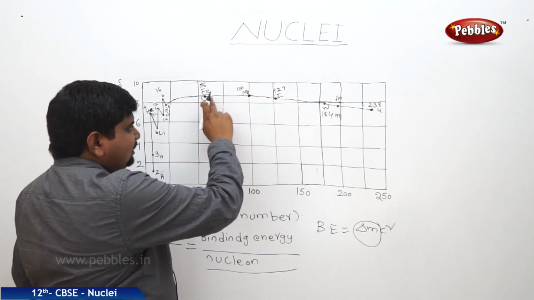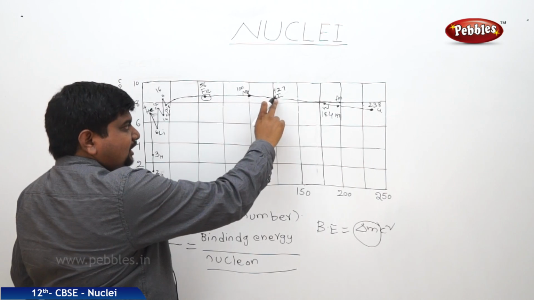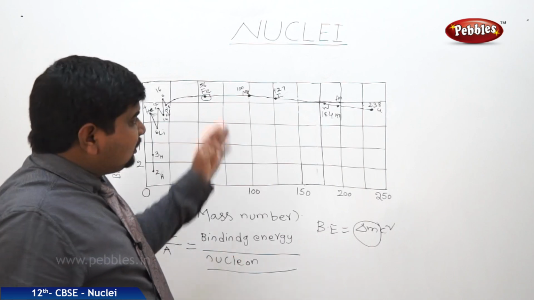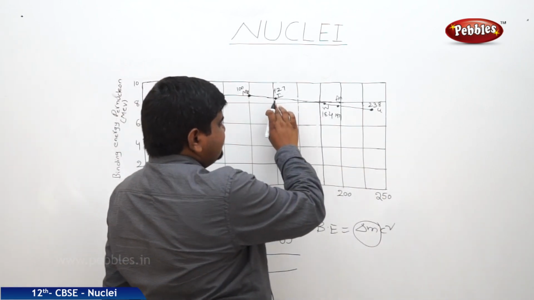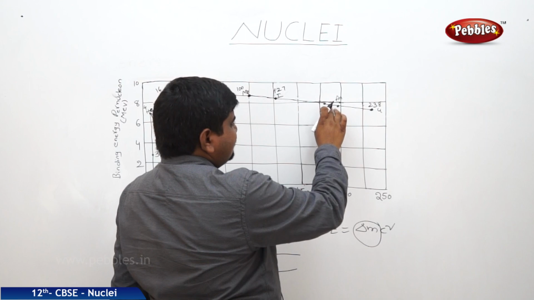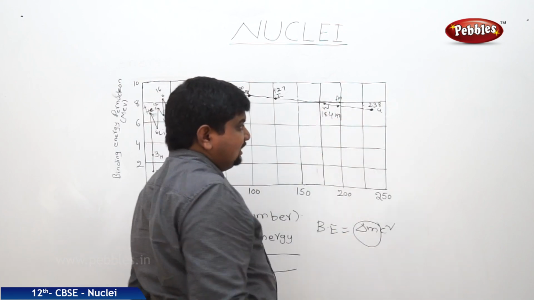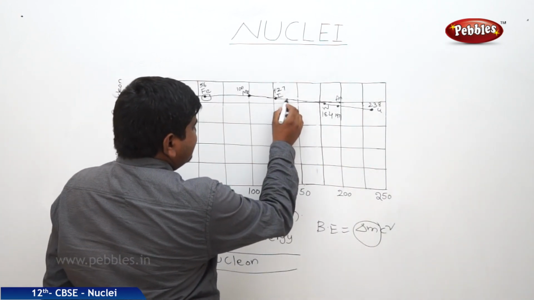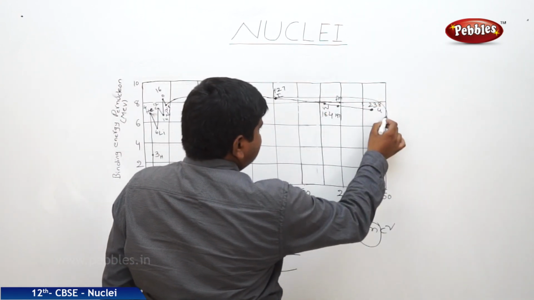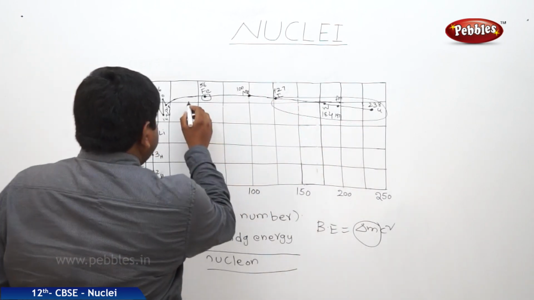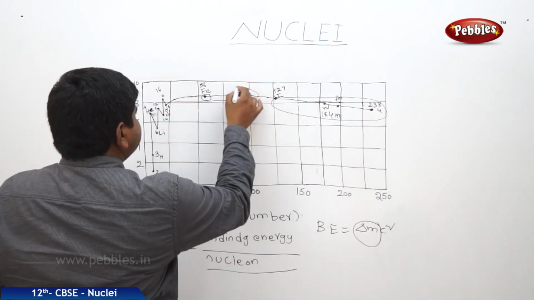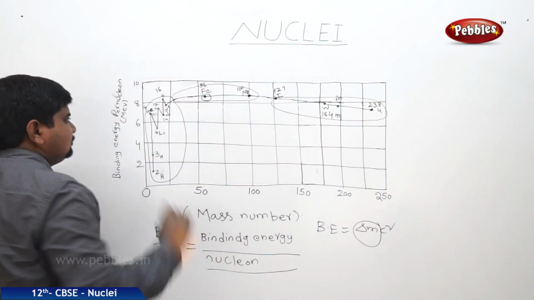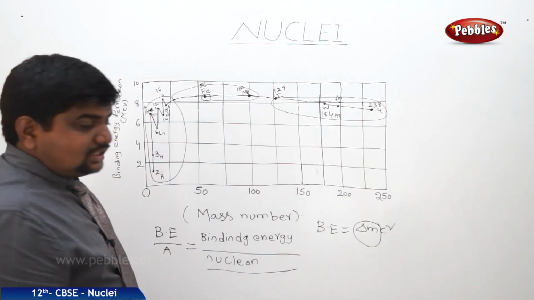For molybdenum, it is also in the same range. From iodine, we can see some small variation in the mass number and the graph. When it crosses 150 or 175, for tungsten it is 184, for gold 197, and for uranium 238. From here onwards we can see the decrease in this region. Here is the maximum. This is all jerks. There is large variation for a change in the mass number.